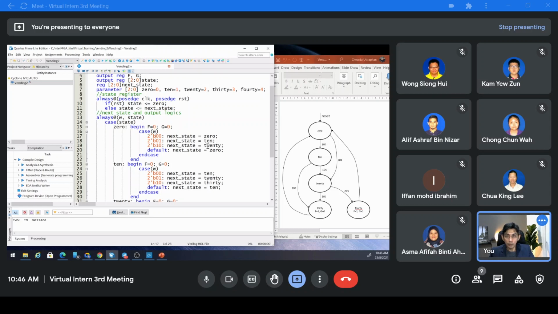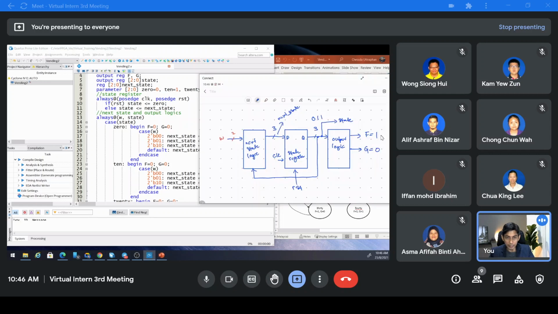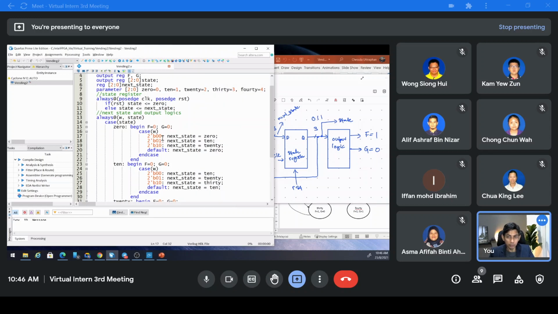Now the output is easy, right? The output for this one is easy, F and G. So F equal to 0, G equal to 0. Now the next state, the output for this one will depend on this W. So for W, how many conditions do we have? We actually have 4 conditions because this is 2-bit. So if 0, 0,